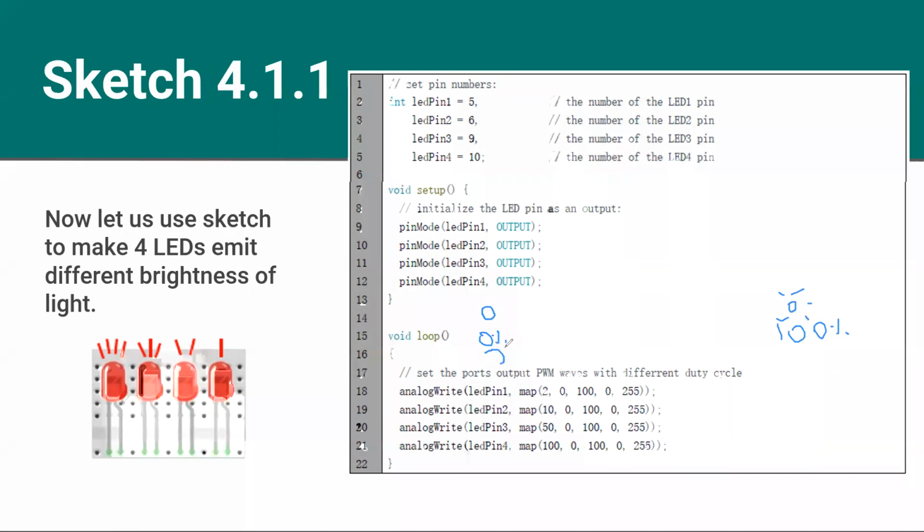This is 0 PWM, this is 255 PWM. So for the values in between, you can do the math and get the PWM value accordingly, or you can use the map function and do that in a more sensible manner. That is the main use of the map function.